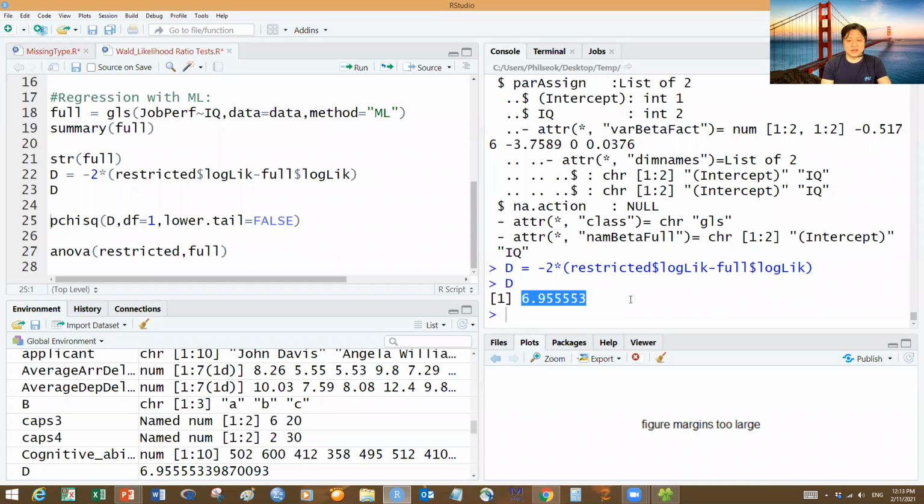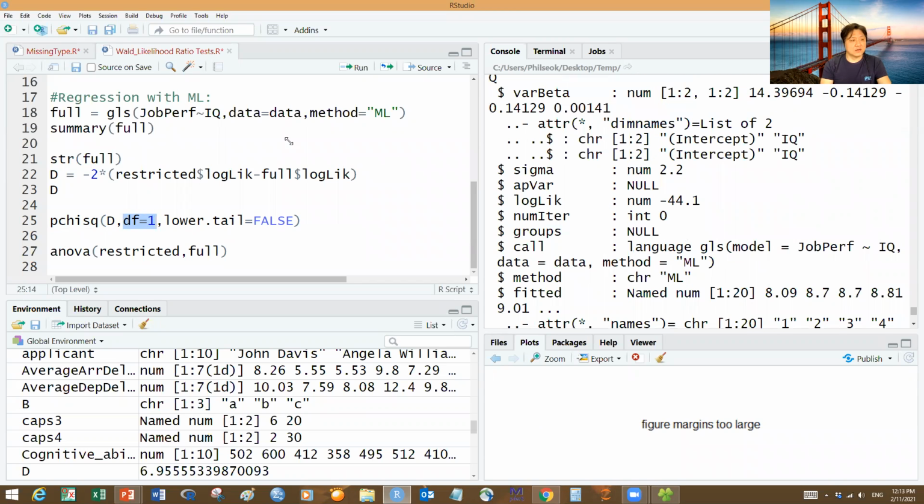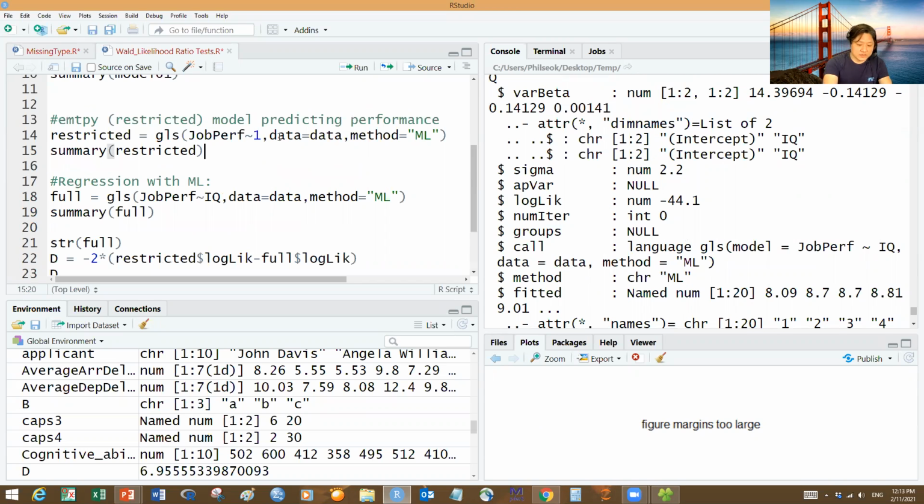And then this log likelihood difference, the ratio, follows a chi-square distribution. So I tested using the chi-square distribution, pchisq, and this is the difference value. And then the degrees of freedom difference is only 1, because if you look at this model, this is the summary